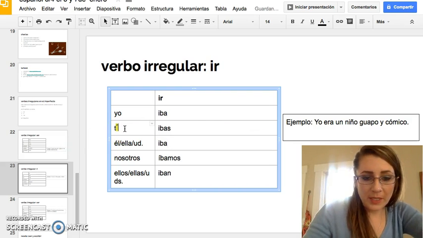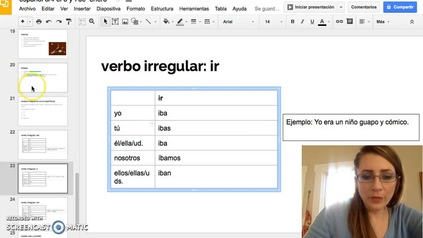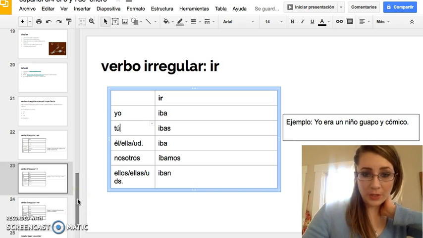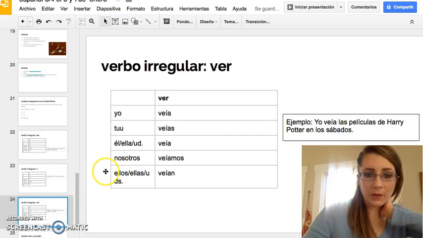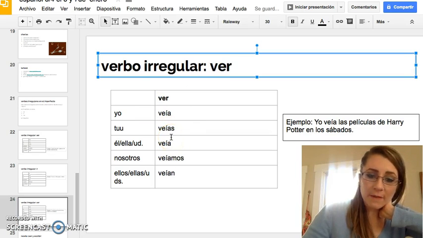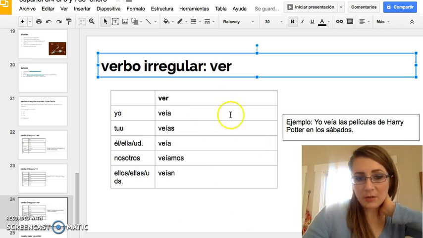So we will be spending some time reviewing ser versus estar and tener a little bit when I get back, because some of you had a hard time with that on the final, so you understand how to incorporate these new rules. Okay, verbo irregular ver. Ver, this is an ER verb, and this is how it goes. Veía, veías, veía, veíamos, and veían. That's how it goes. That's how the conjugation is. Yep, say it, practice it.